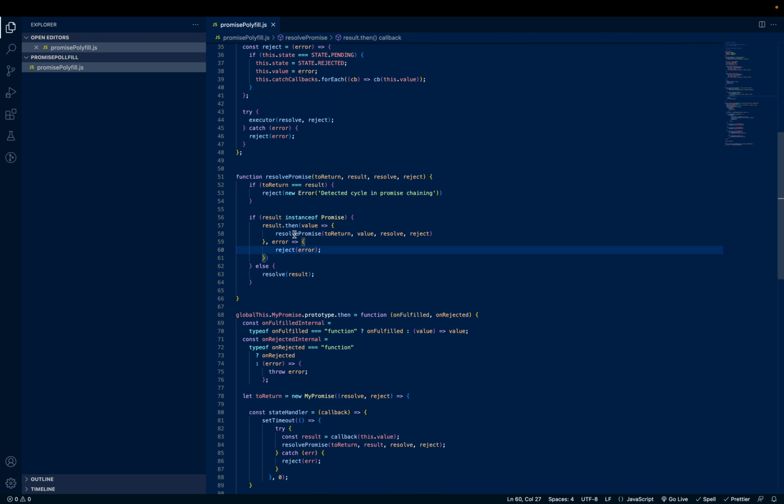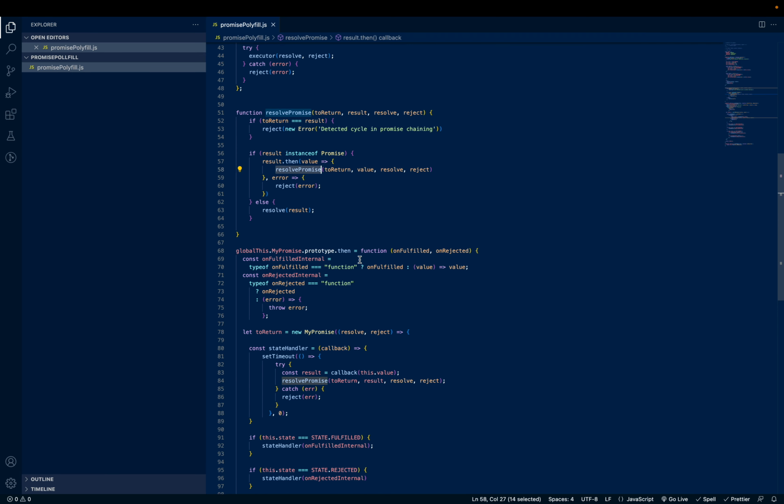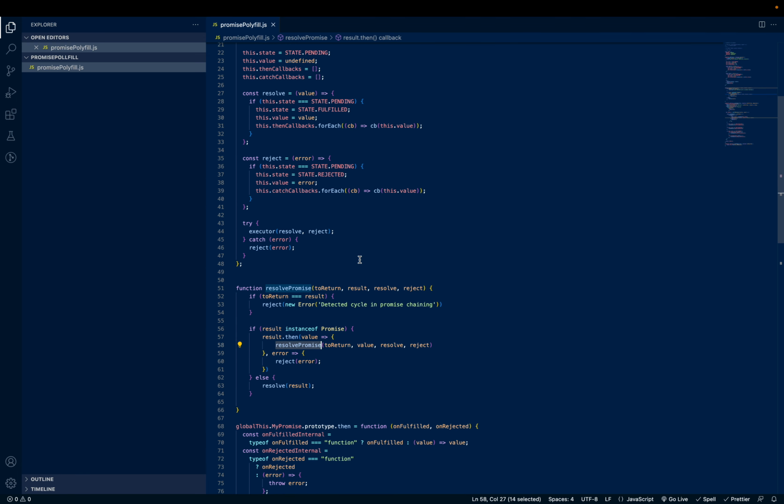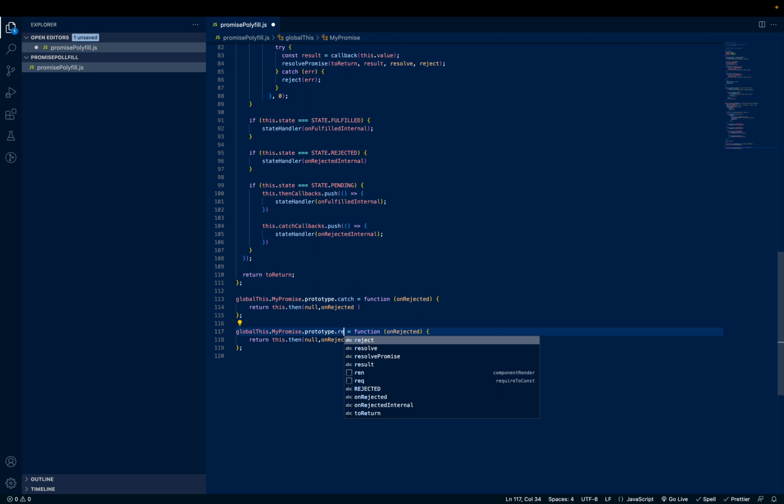So here we are recursively just calling this resolve promise in case we are getting back a promise again. So this looks good. I think we have covered everything. I think we can also implement these methods where we have these static properties called resolve